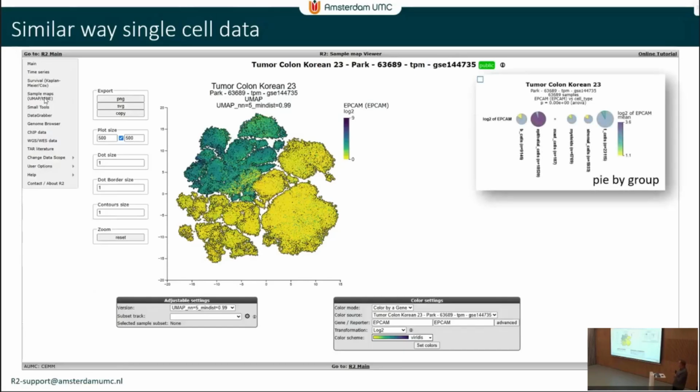2G view, where you can show the expression of a particular gene in these so-called pie by group plots, which essentially show you the expression of a gene. So what is the proportion of the expressed versus not expressed, and then what is the average expression in this group, so that you immediately can get a quick overview of how the expression of a gene is segregating